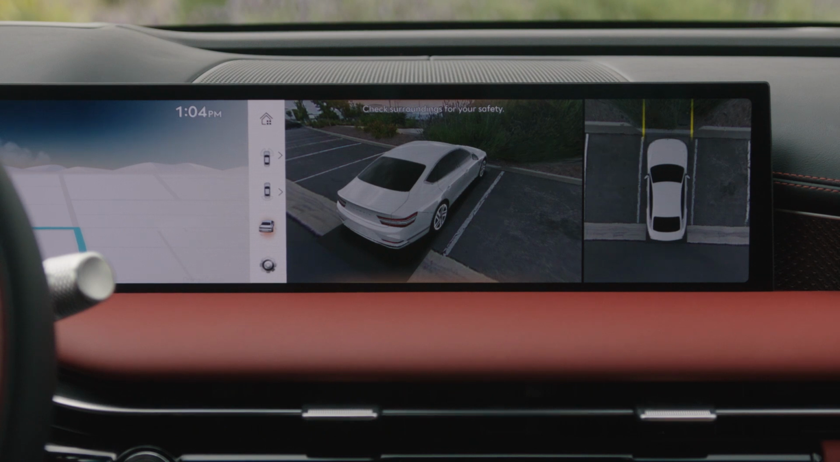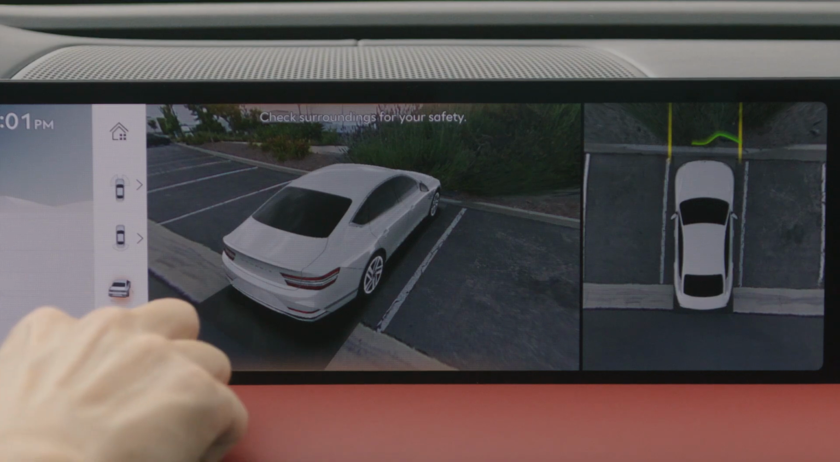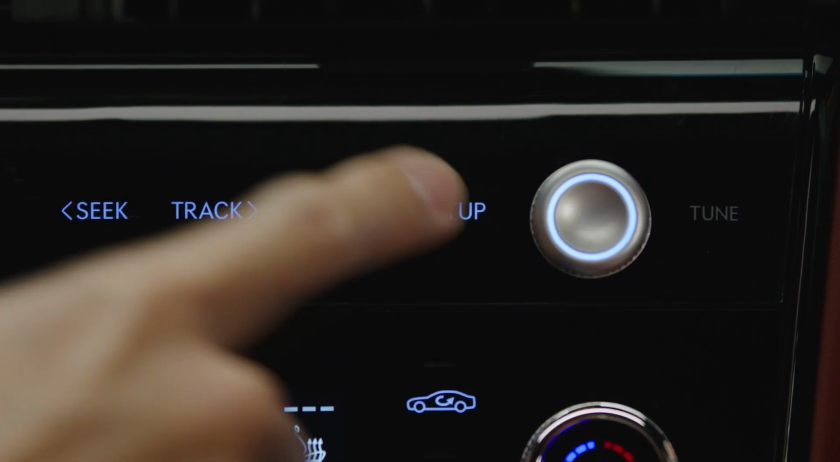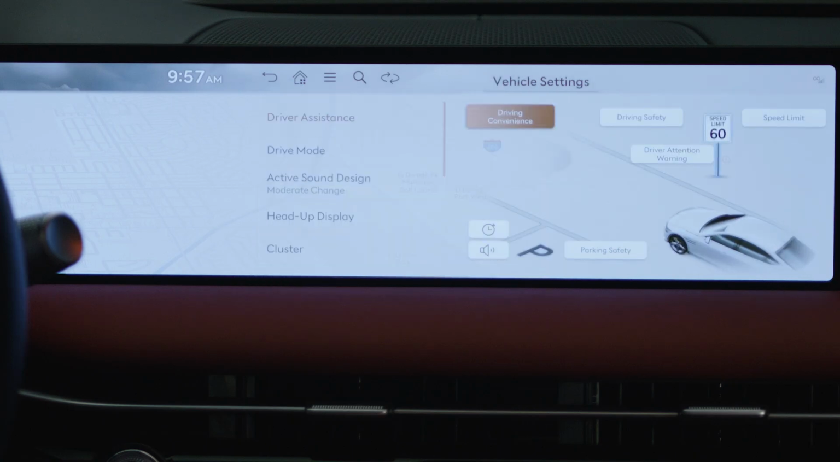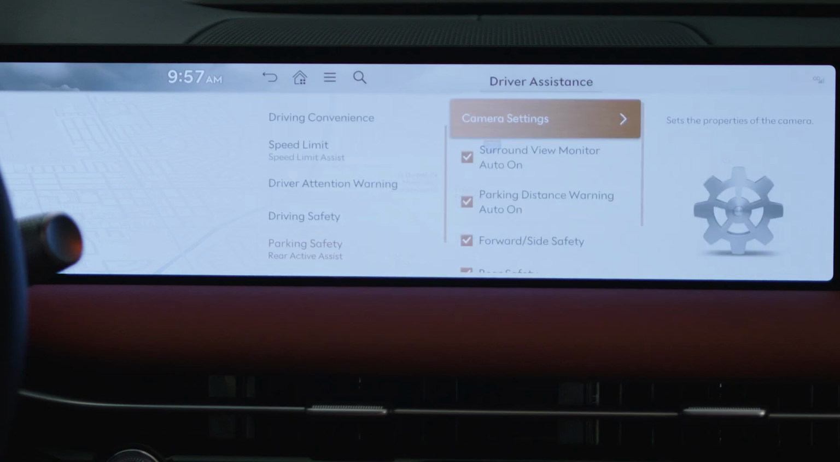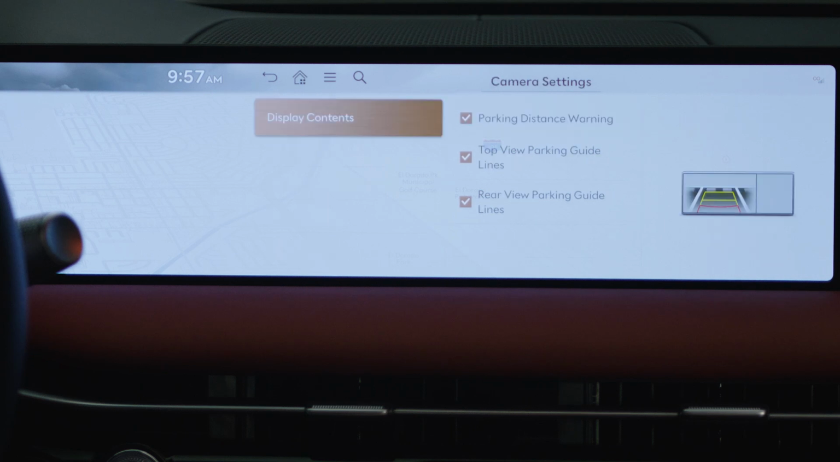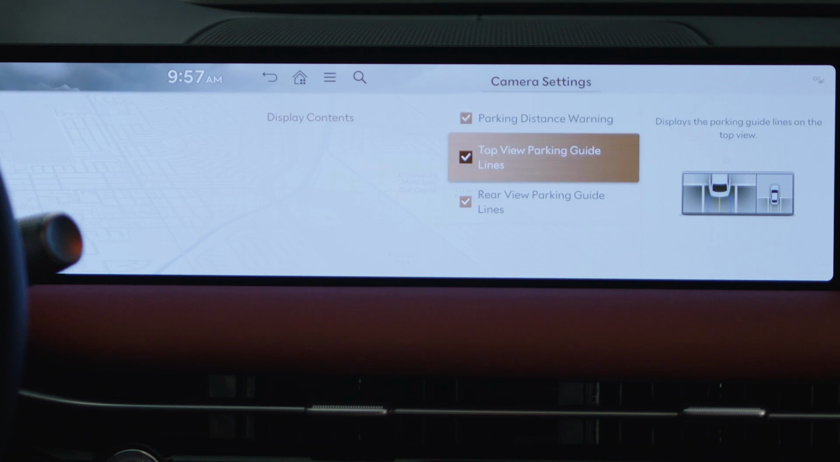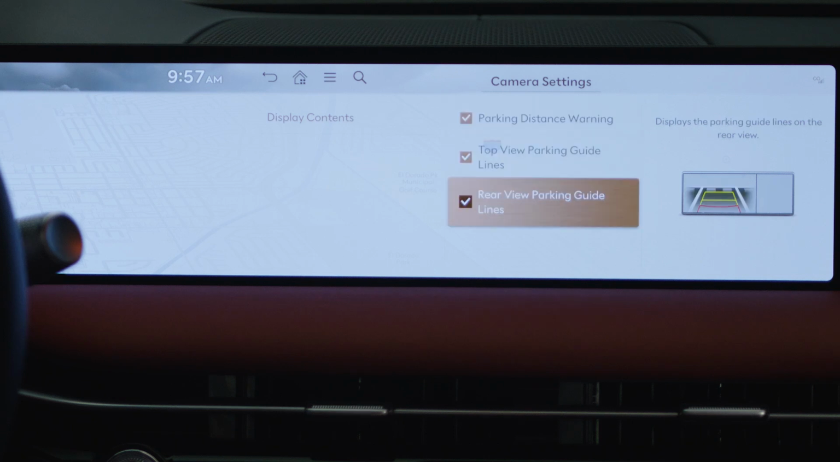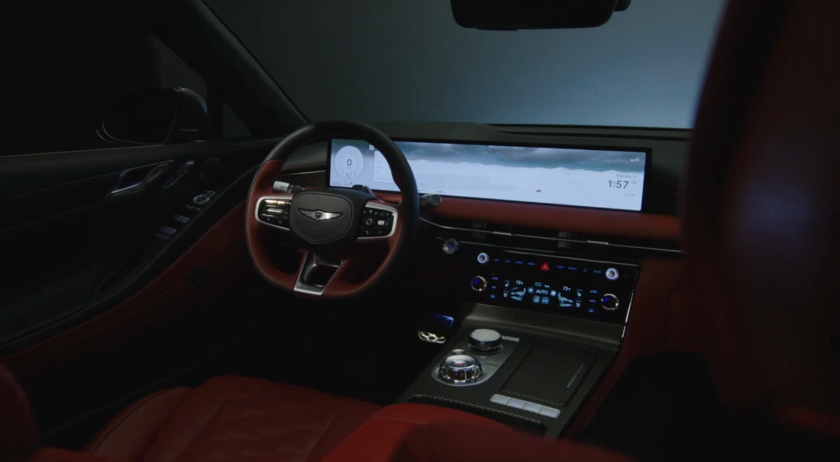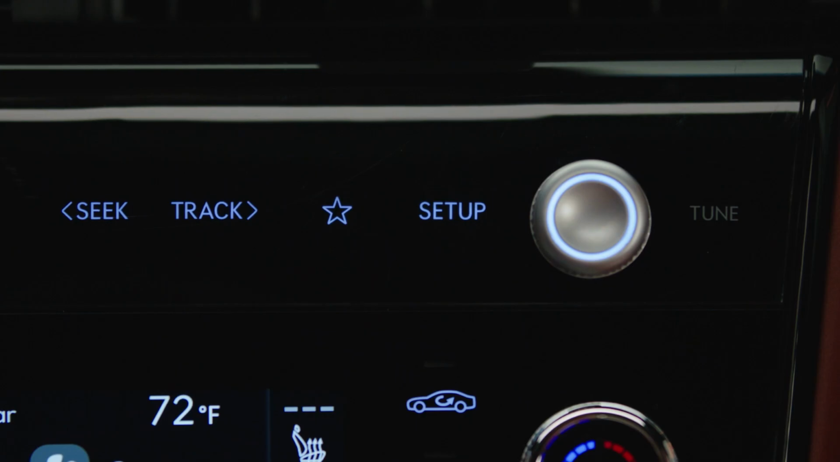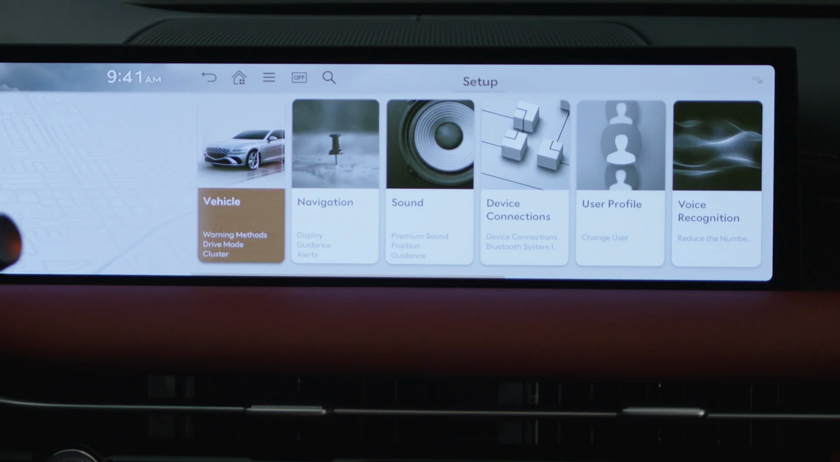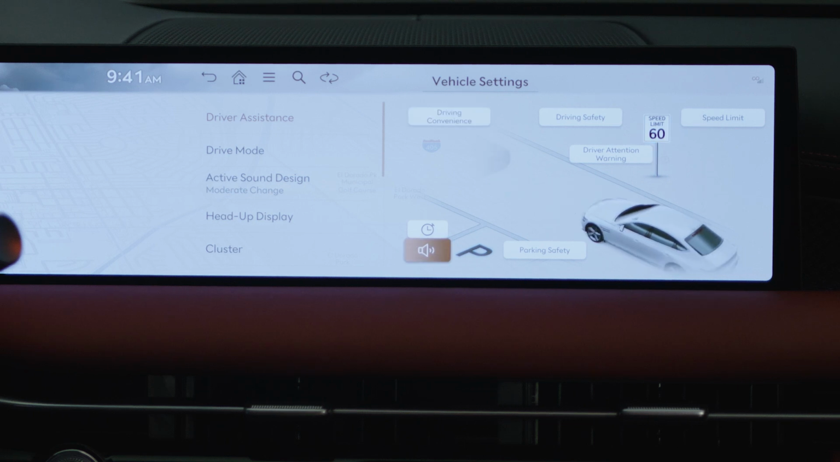To customize the surround view camera, press the setup icon or press Setup, Vehicle, Driver Assistance, Parking Safety, and then Camera Settings. From here, you can turn off or on parking distance warnings, top view parking guidelines, or rear view parking guidelines. The warning volume for surround view monitor can be adjusted by pressing Setup, Vehicle, Driver Assistance, and then